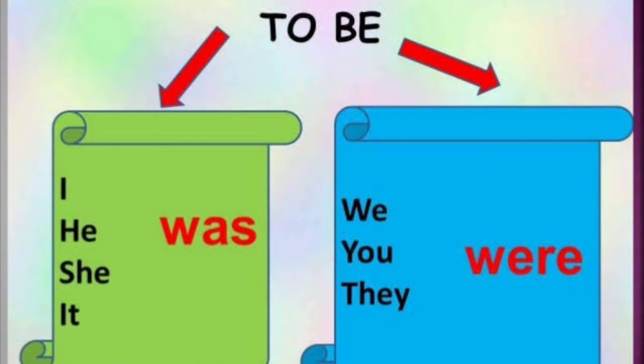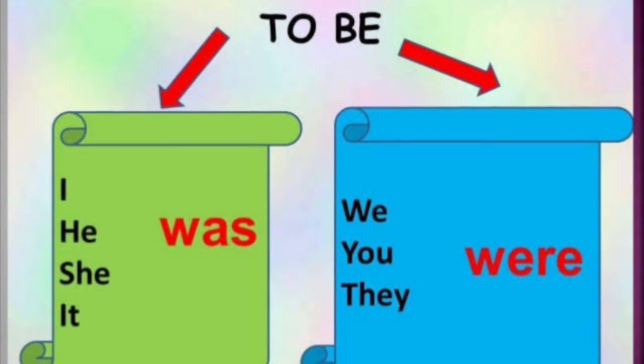With he, she, it, with singular, we will use was, and with I also was is used. Okay, with I also was is used, and if in place of he, she, it any singular name or thing is coming, like we have read just now, Ravi and my house, they both are singular, so we should use was.